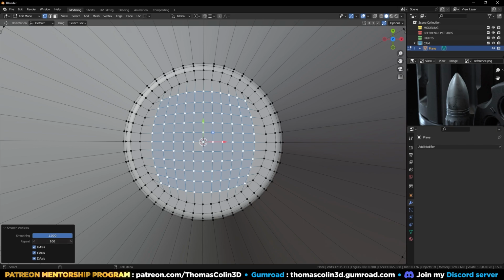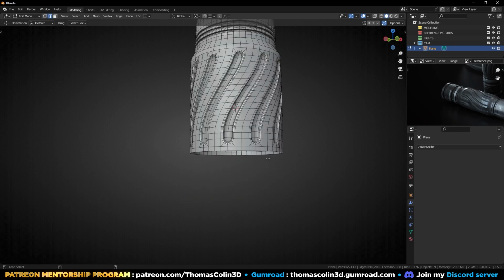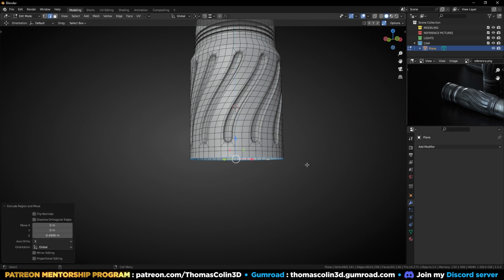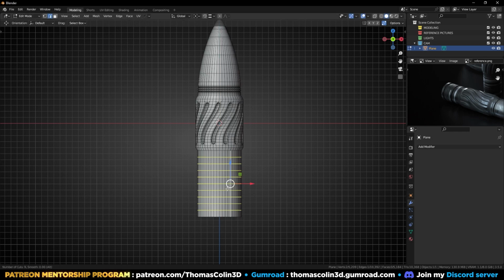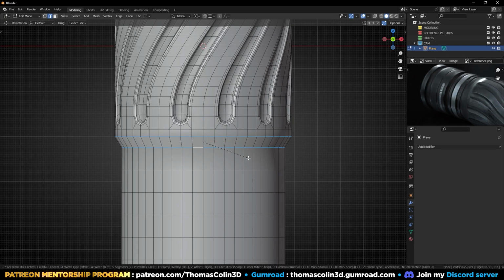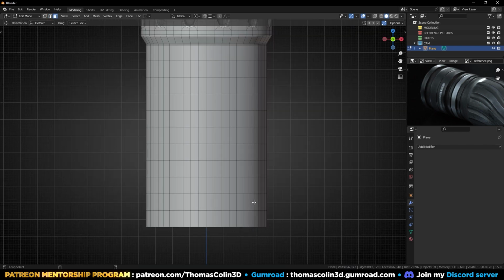you can increase the smoothing. And to make the bottom of the bullet, it's exactly the same process. So you can select this border, E Z, scale a little bit, E Z again, add let's say 10 loops, select these 2 loops, Ctrl B to bevel, select this one and this one, Ctrl B again, select these faces and these faces, E, right click, Alt S,